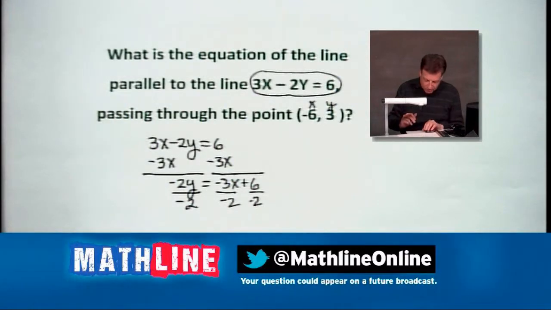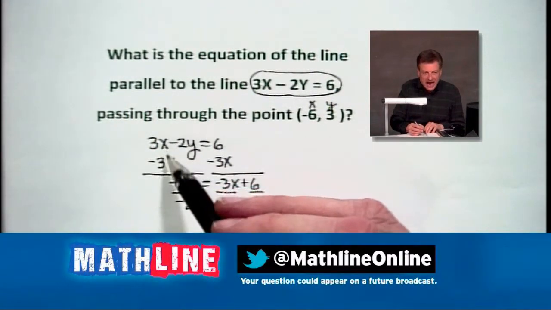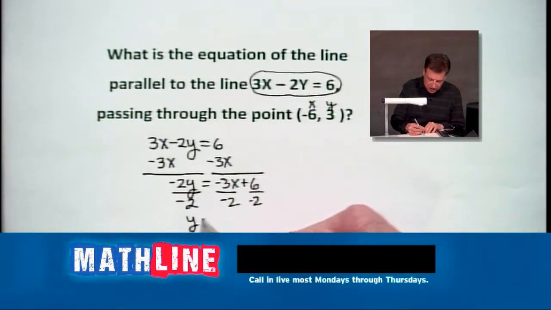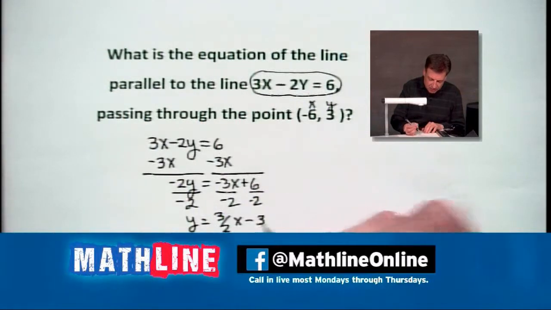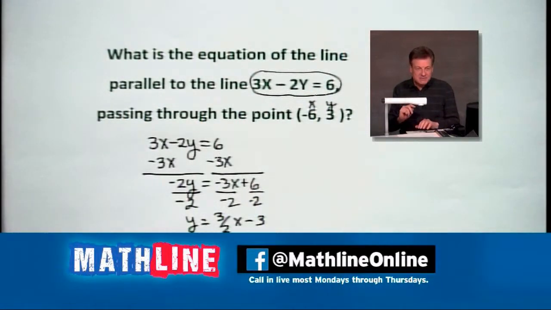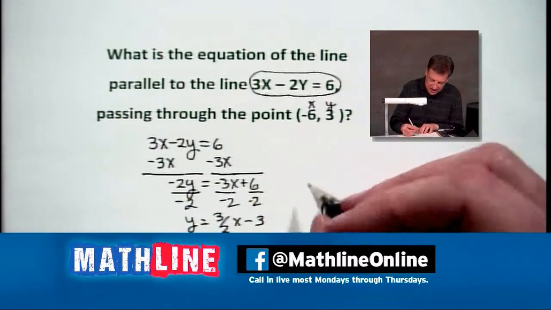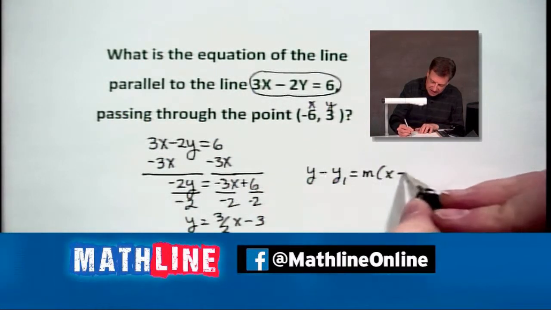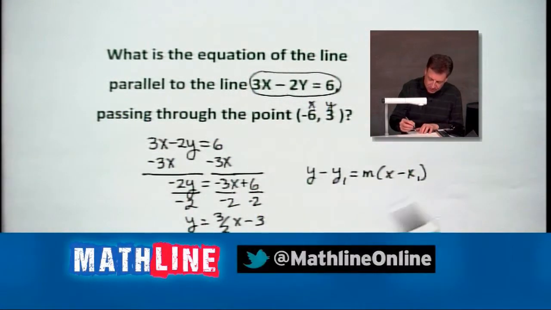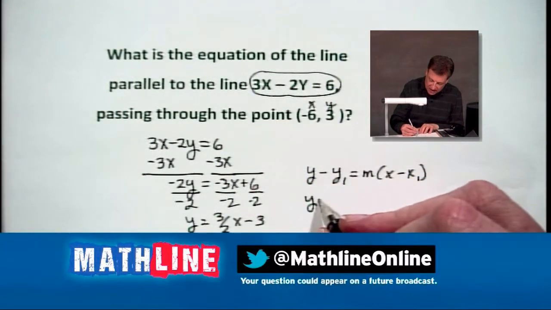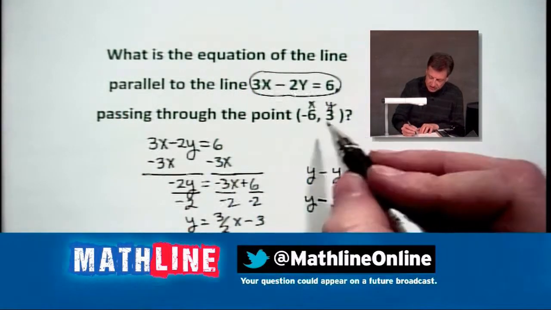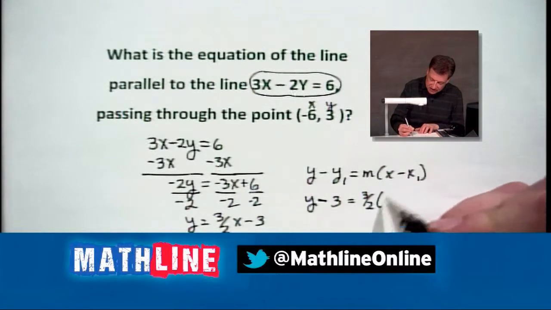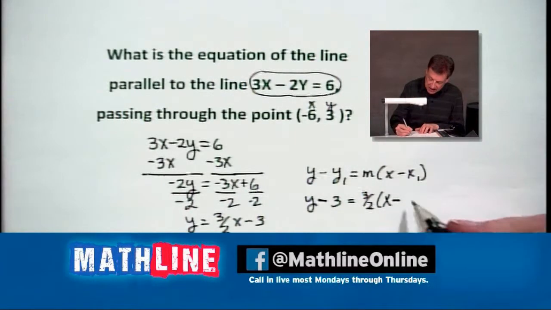Whew, Zane, you hit us all bases here. The x's are gone. I've got a negative 2y, and we're going to get y equaling 3/2 x minus 3. There we go. Now remember earlier I said something about what happens when we have parallel lines? The slope stays the same. So let's go, multi-purpose. y minus y1 equals m times x minus x1. Pop these numbers in there. We're going to have y minus 3, because remember that's your first y, equals 3/2 times x minus, and watch carefully, negative 6.